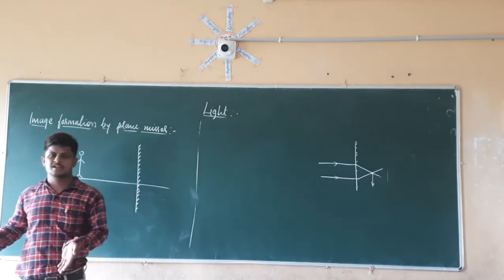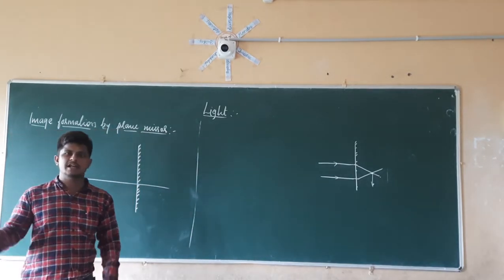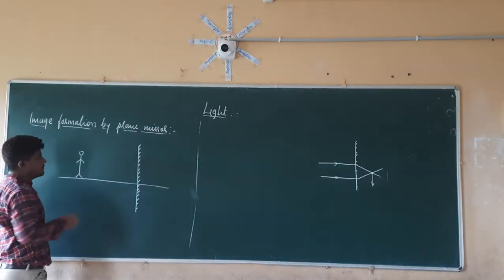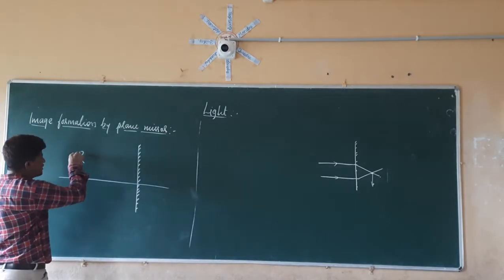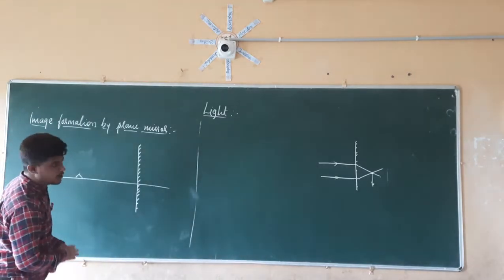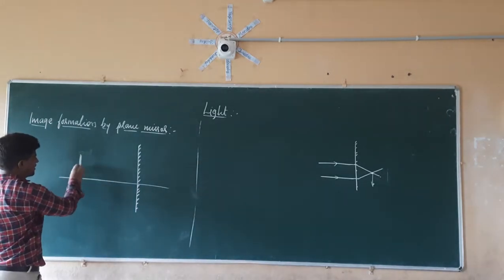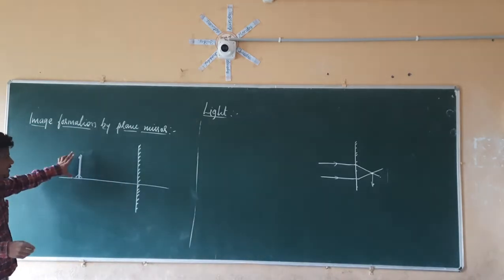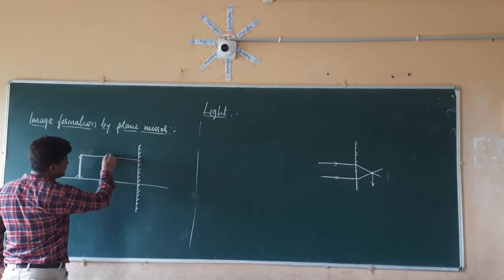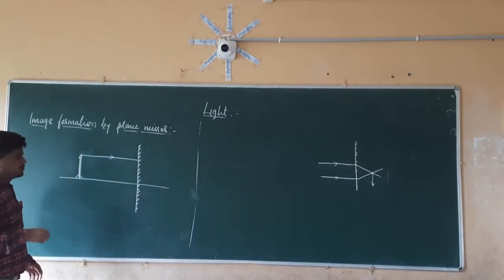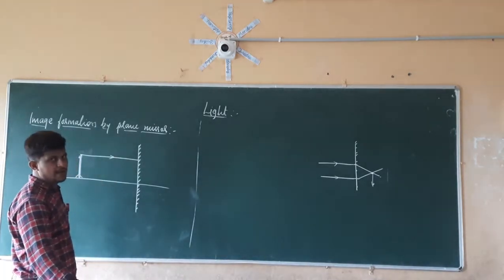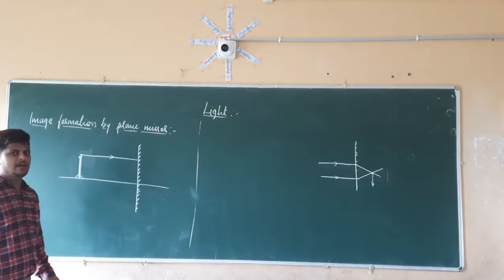Take the example of the sun. The sun is giving light to us, so that light is reflecting from us towards the mirror. I am going to take two light rays coming from here. This person can be drawn in the manner of an arrow mark, which is nothing but the person. One light ray is traveling parallel to this axis.